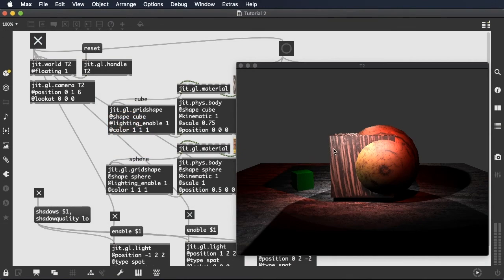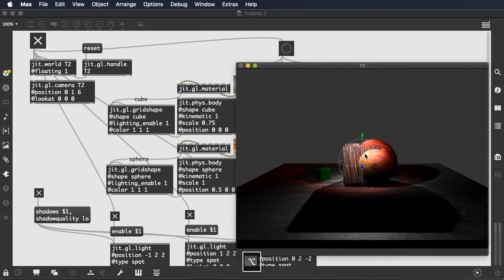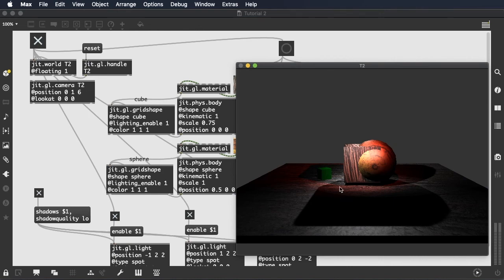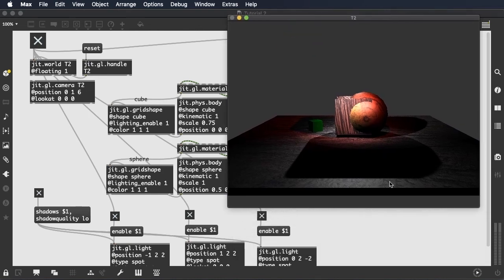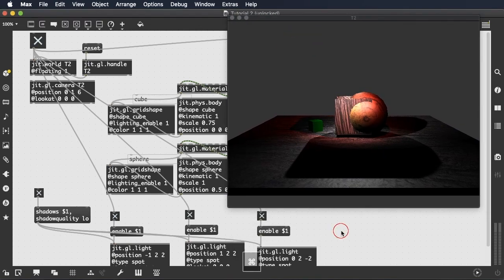So you can see that with the addition of the shadows, our scene becomes quite dark and it's a bit hard to see things. It's nice, it's very dramatic, and you might want this for a project, but for a tutorial, it's a bit dim. So let's add an additional light,